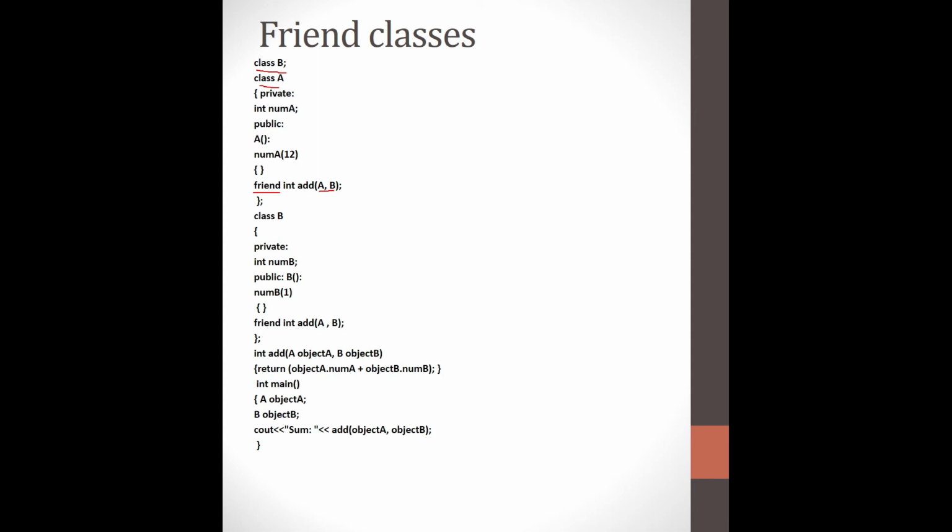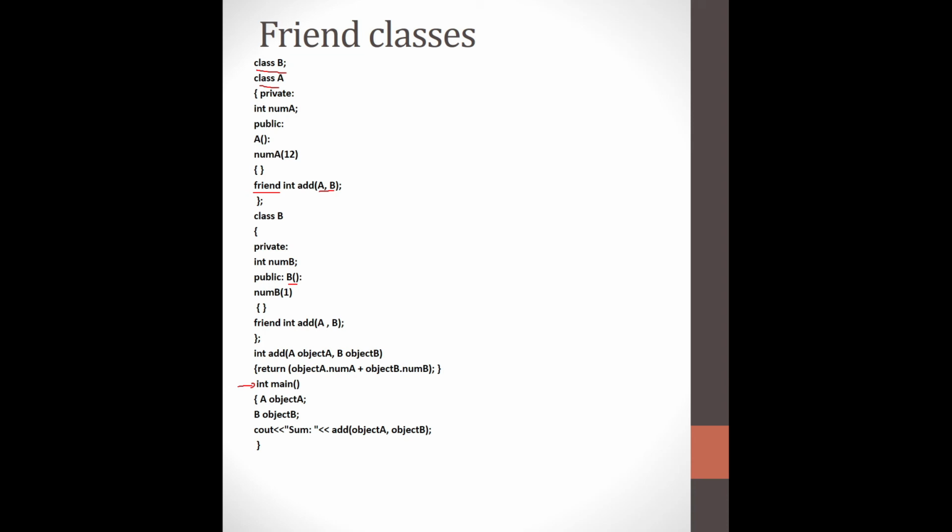Okay, fine. So now you have your main program over here. It automatically comes to your int main. You have A, which is going to be the class name. Object A, immediately it searches for a constructor. Yes, you have a constructor. You say that numA is equal to 12. Now you have object B. Once this object is created, it will also search for a constructor. Yes, you have a constructor over here. Now you're giving that numB is going to be 1.